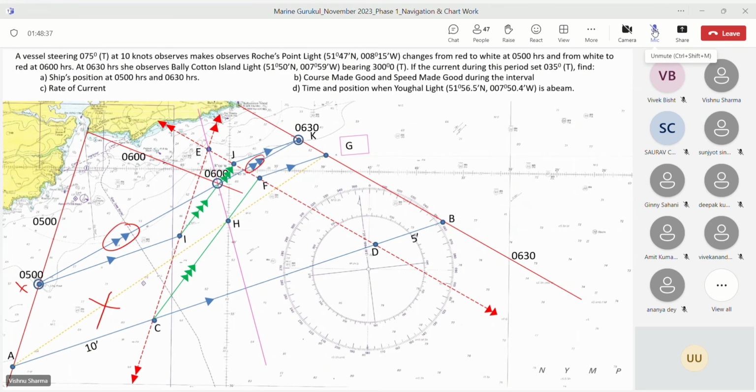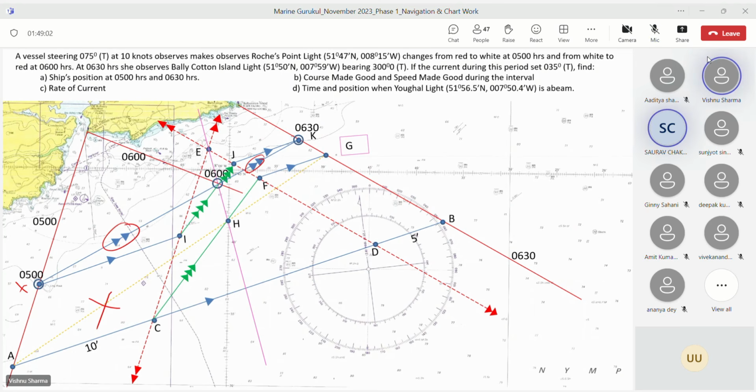So in this question, the 0500 fix and 0600 fix give the speed made good. Yeah, that is speed because you are taking the 1 hour triangle. Yes, 1 hour. Correct. So CMG will be where the double arrows are. Just forget about AG. This is a mistake some people make. You are not the first one making this mistake, beta. So this is a usual mistake.